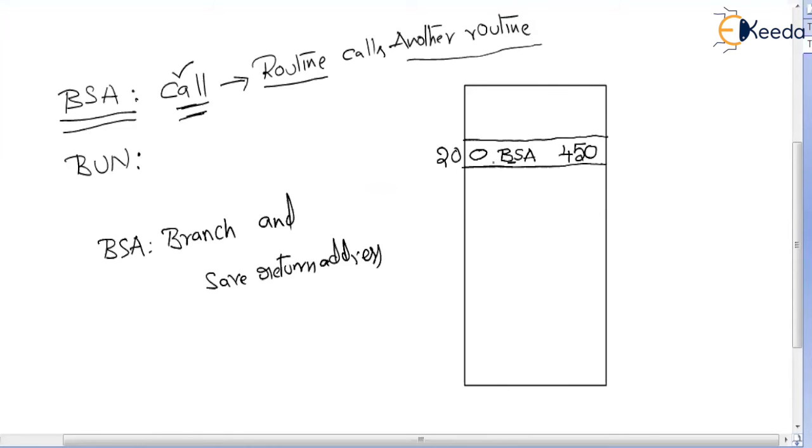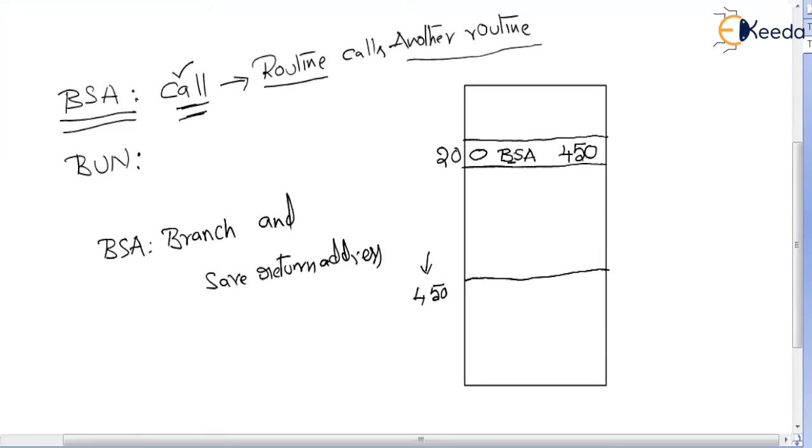Here, we are branching to the 450th location of the main memory. Why are we branching to the 450th location? Because there is a subroutine starting from the 450th location. That is the reason why we are branching to the 450th location.